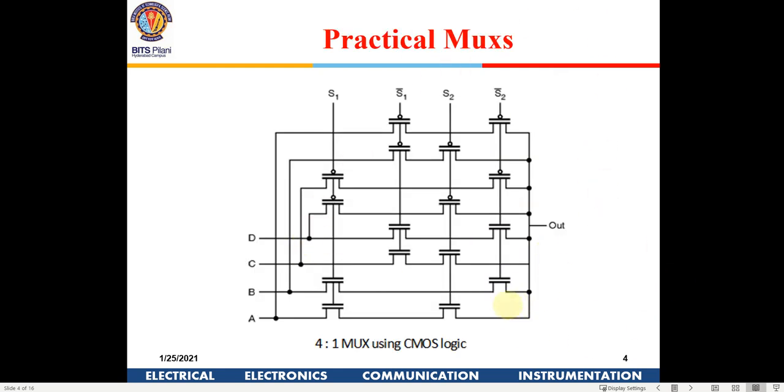So this is the way it is generally implemented. I'm just giving a hint, which you will probably learn in ADVD or some other course. This is just to give a rough idea. It will remain in the back of your mind that VLSI chip multiplexers look something like this. So you don't have to memorize this or try to implement this. I'm just telling you this is how it looks.